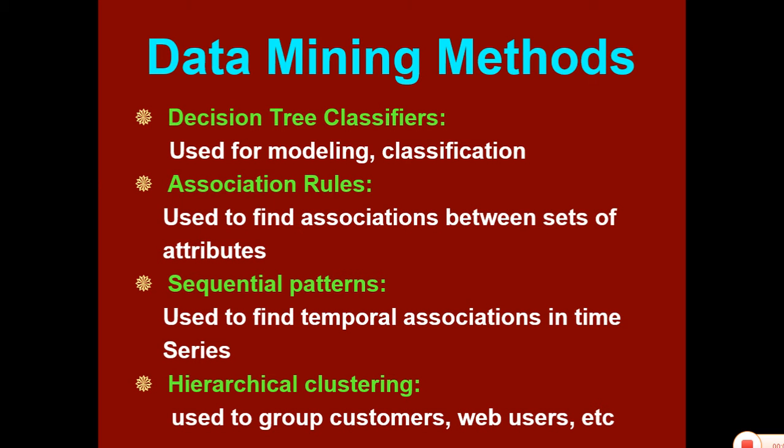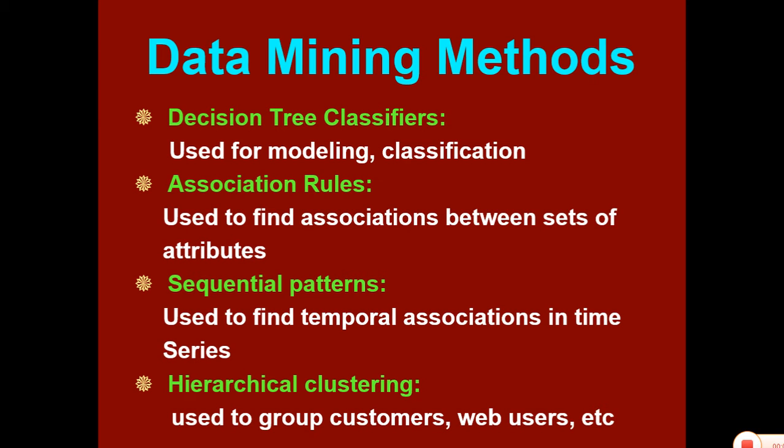So there are some data mining methods. One is decision tree classifiers. They are used for modeling and classification. Later on you can define association rules to find the association between the attributes. If you want to know the similar buying habits or the items frequently purchased with milk, then you are supposed to make the association. Buying milk along with bread, or buying milk along with biscuits, is a different rule, and you need to set association rules